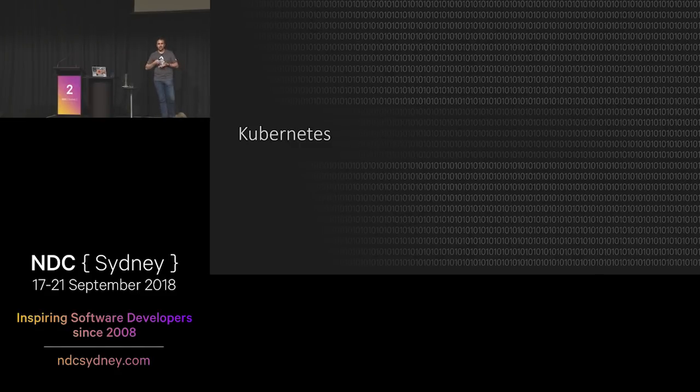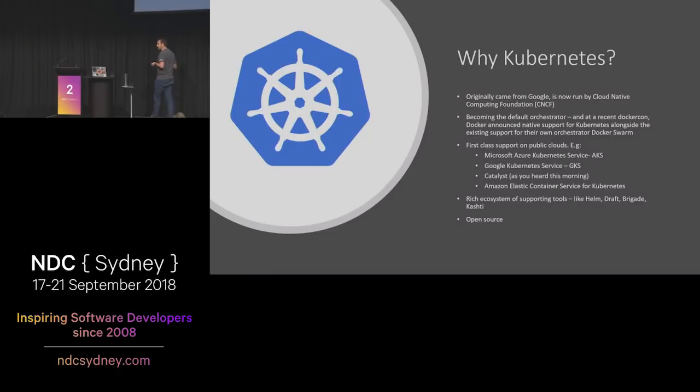It's an orchestrator that does all these things wonderfully. It's got quite a lot of features. It's not the only orchestrator, but it has basically become the default orchestrator, I guess, and the most popular one. As I said earlier, it's got first-class support on Microsoft, Google. I didn't edit this from another talk I did, but Catalyst in New Zealand is an open source focused company that has their own cloud, and they built a Kubernetes service that you can access as well. So Kubernetes is becoming the default orchestrator for a lot of clouds, for a lot of hosters, and the rest